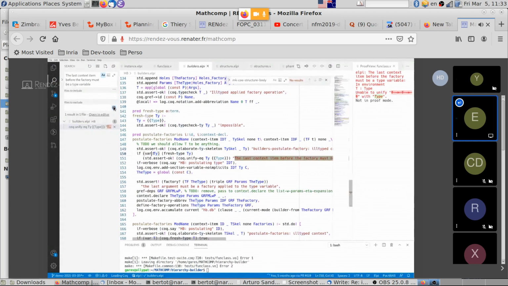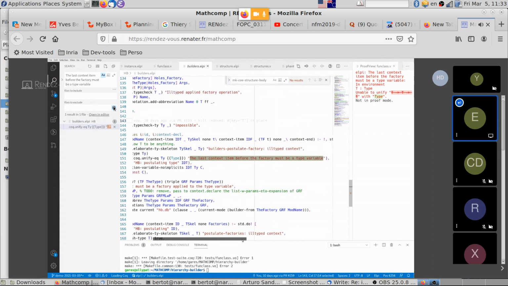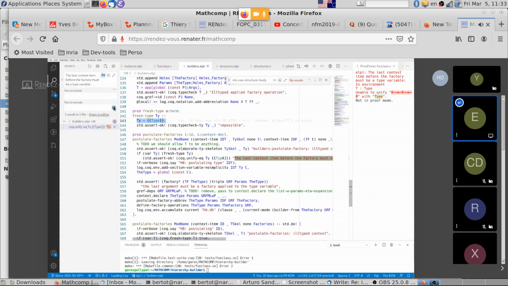Then it says if it's still a variable, it's a fresh type, so let's pick a type and type check it. But otherwise, if the user wrote something, the code really tries hard to unify it with type. We were very strict in that. I don't think it was